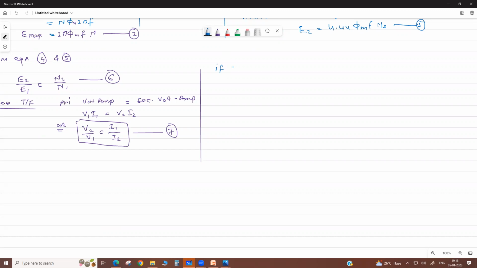So if the no load current, or no load ampere turns, or magnetizing ampere turns, MMF, is neglected,